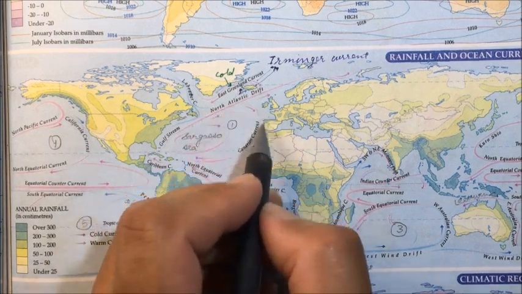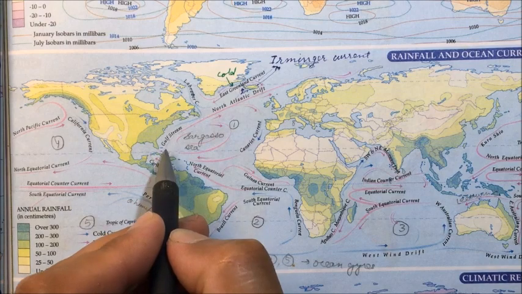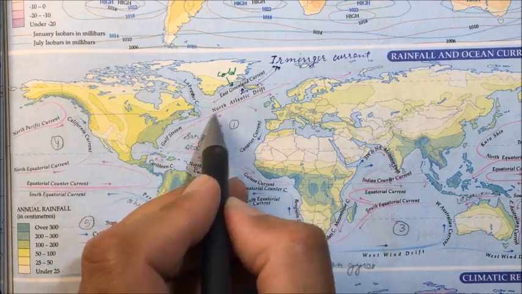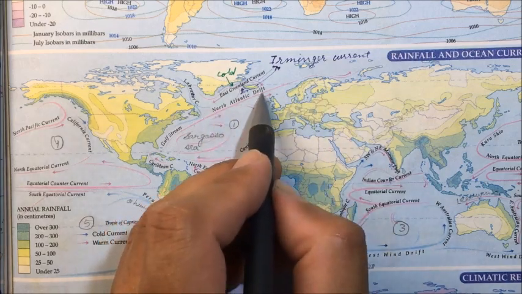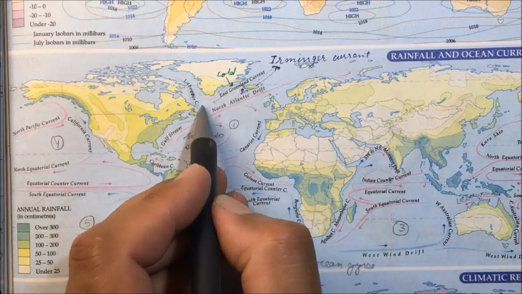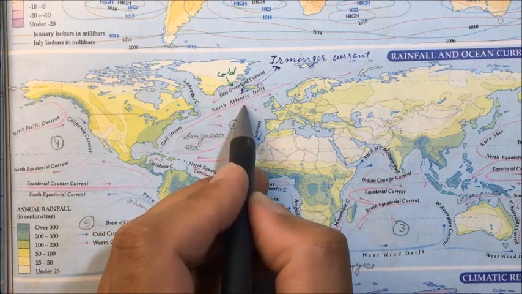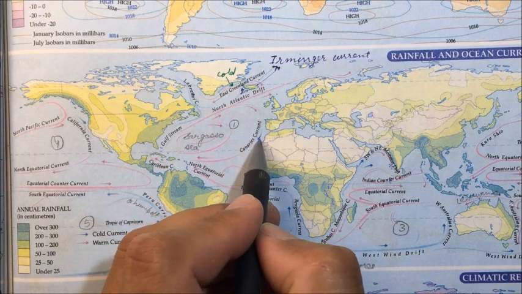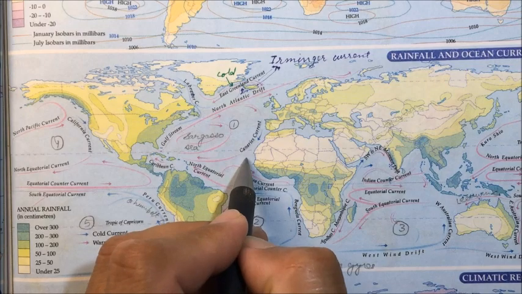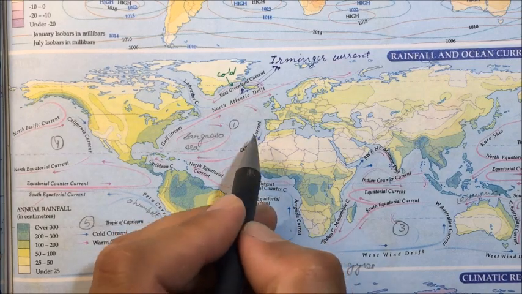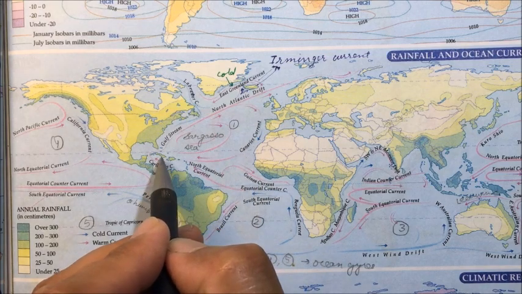Now we'll be discussing other currents. See here, the North Equatorial current started, we have the Caribbean current, now here the Gulf Stream. Due to westerlies, it moves towards Western Europe, and here the North Atlantic Drift. We have the cold Labrador current, it meets the Gulf Stream near Newfoundland. Now a part of the water is drifted this way, and as it moves from colder regions towards the warmer region, this becomes a cold current. It is called the Canaries current, and a part of it again moves back into the North Equatorial current.